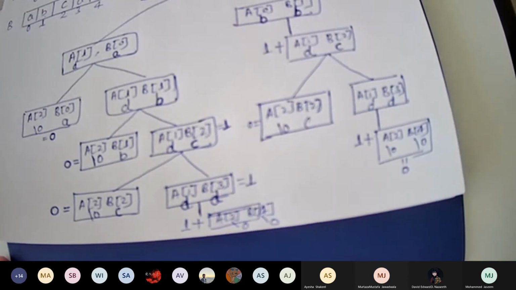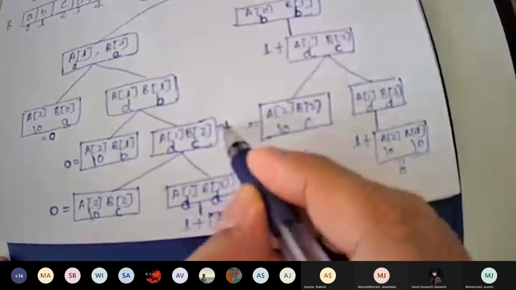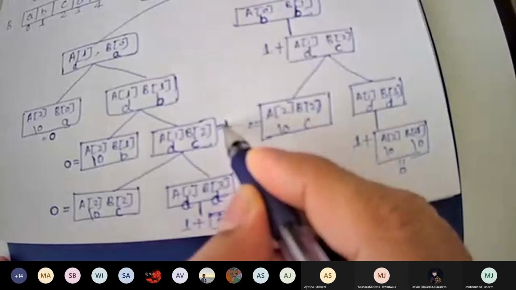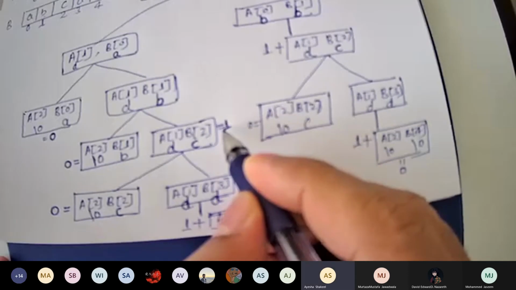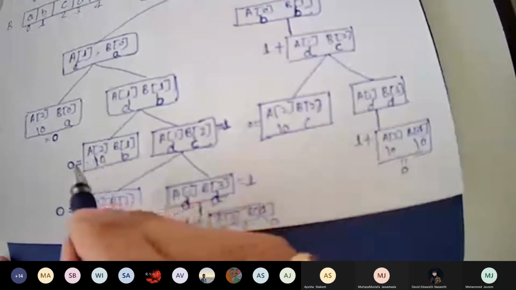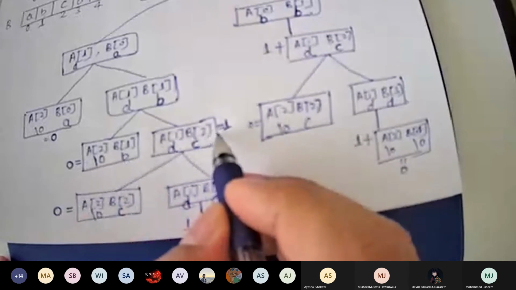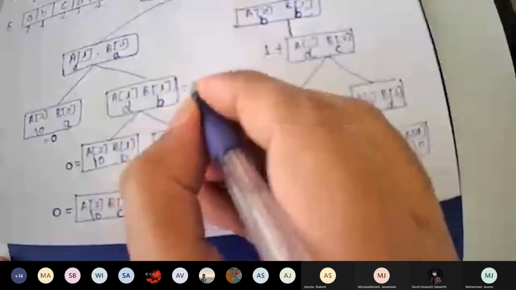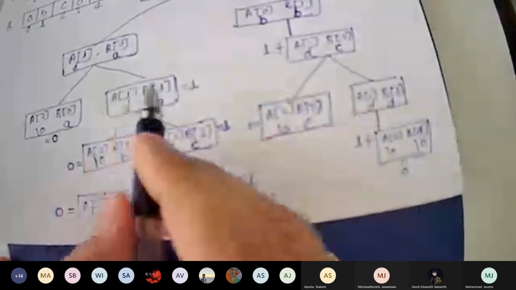Now we are going through recursion, backtracking. So this is 1 or not? Yes, sir. So now this 0 and 1, which one is maximum? 1. So this value will be again 1. If this one and this is 0, this value will be maximum, that is 1. Now we don't have this value.